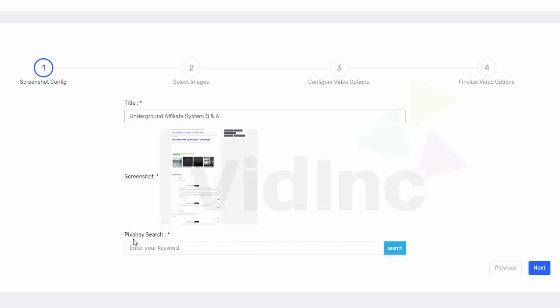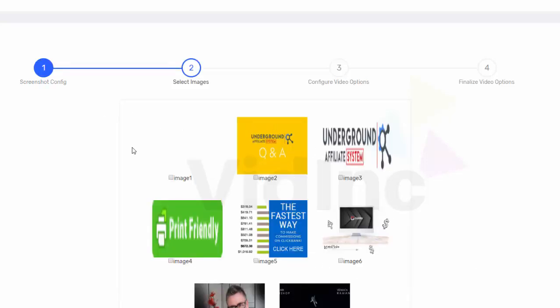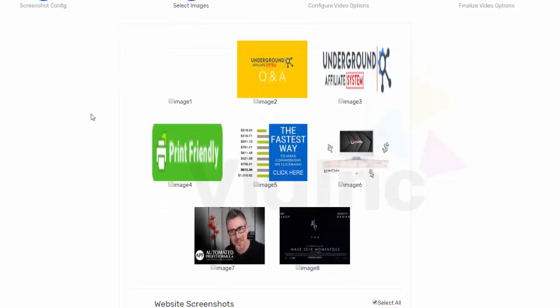This is Pixabay based, so all of the images are free to use. You don't have to use this if you don't want to, but you can add them if you want to. So you just drop your keyword in there and click search. So next you can select images from the page. So these aren't the screenshot images, these are just images taken from that page. So I might want to use that one there,